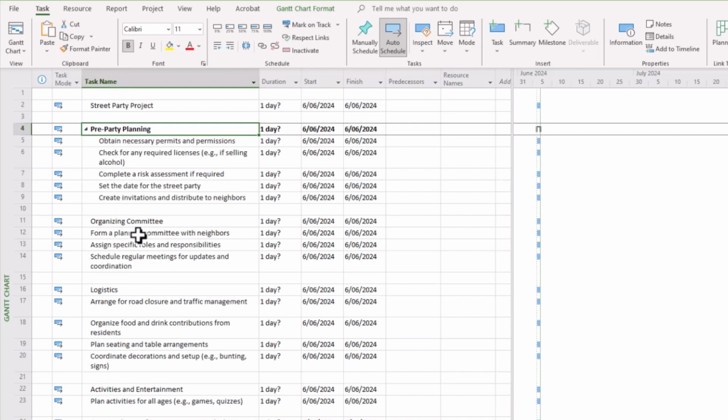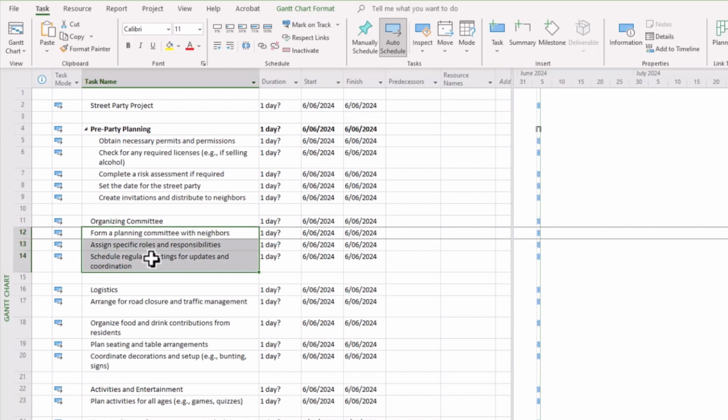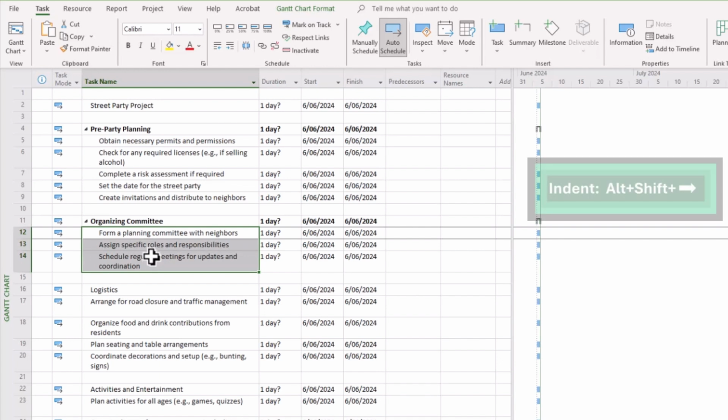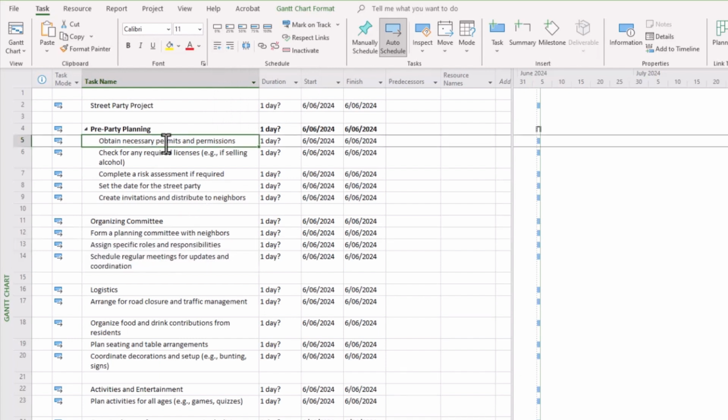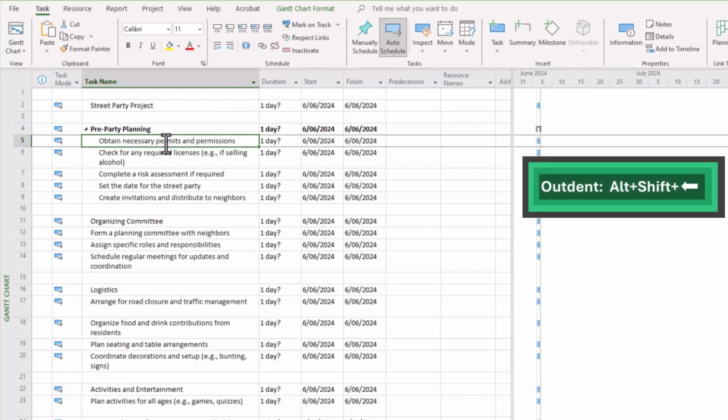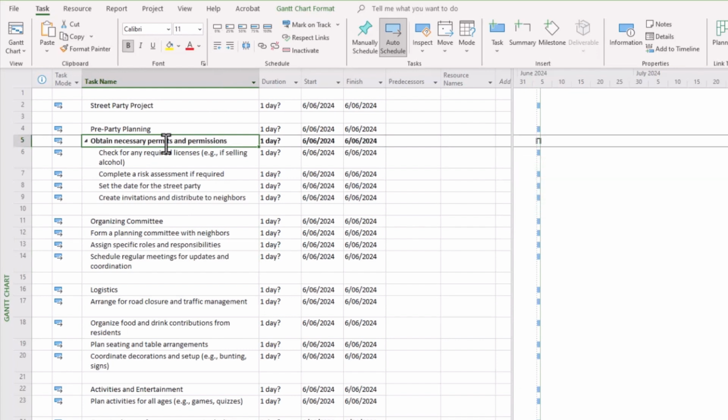Now, if you are a fan of keyboard shortcuts, you can press Alt, Shift, right arrow, and it will do the same. Incidentally, if you want to change your mind and move those tasks back by outdenting, you can simply do the same there with outdent task. Click on that like so. Or you can, once again, use the keyboard shortcut Alt, Shift, and left arrow. But I'd like to continue with what I'd already set out to start, and I'm going to set out my project by indenting and making my high-level categories and groupings of tasks stand out.